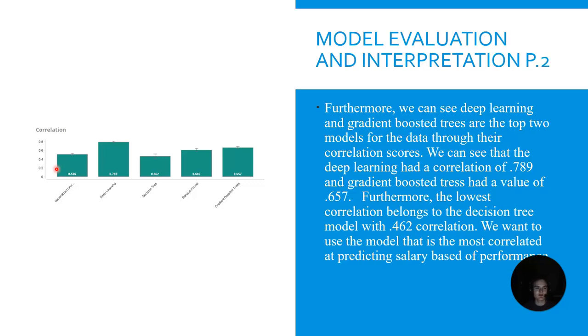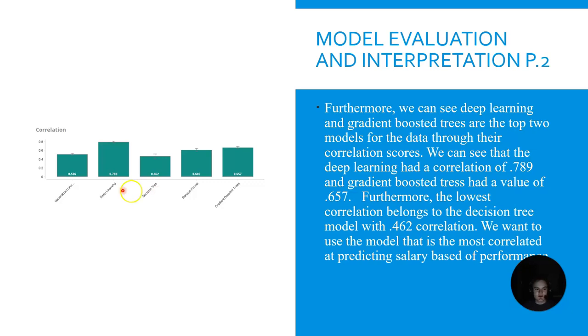How well correlated is this data at telling us the correlation between the independent and dependent variables. So we can see here that obviously the higher, the more correlated you want it to be. The highest correlation was the deep learning model. And again, we can see that the second highest was gradient boosted, and that the lowest was actually